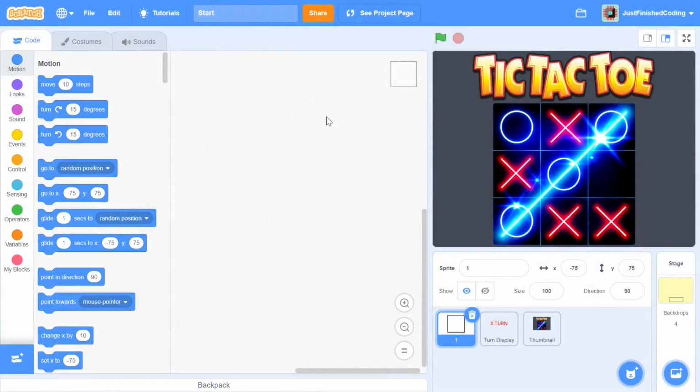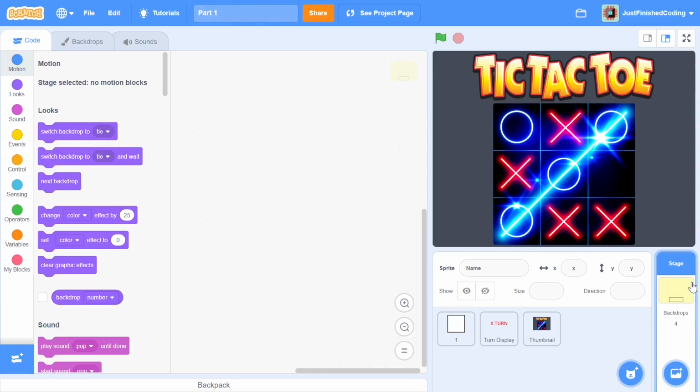Alright, so before you start to get into the code, it's very important for you to download this particular file from the link in the description below. And this basically gives you all the costumes and all the sizes pretty much inserted correctly, and this will help you save a whole lot of time in your coding process. The link will basically take you to a Google Drive attachment, and once you're there you can download this particular file called start. I'm going to rename it part 1 because, well, this is part 1 of the game. And now let's start coding.